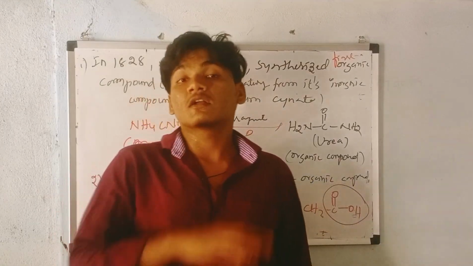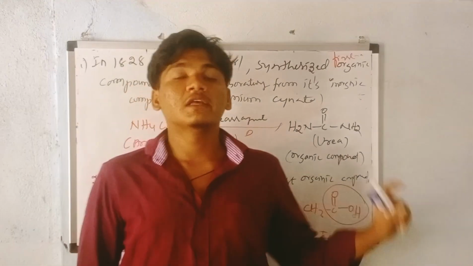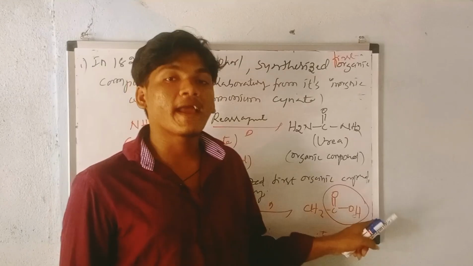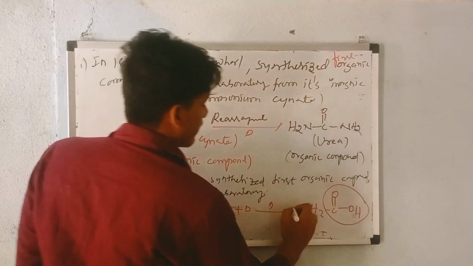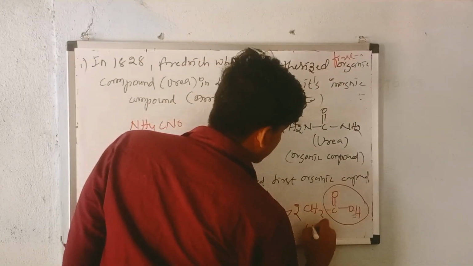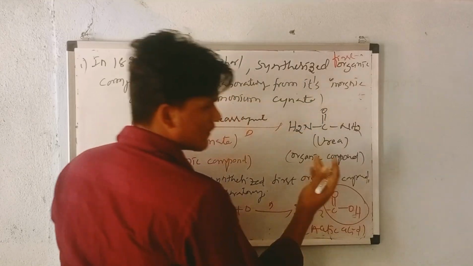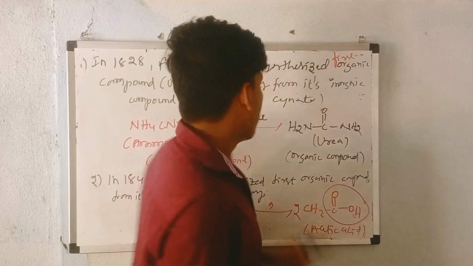Acetic acid. Come to IUPAC. In IUPAC, if there are 2 carbons, it is called ethane, right? Eth is called. So ethanoic acid. What is this? Ethanoic acid. So you just remember the common name. What is the common name? Acetic acid. You want to remember all these formulas. What's the formula of acetic acid? The formula is CH3COOH. He is the first scientist.